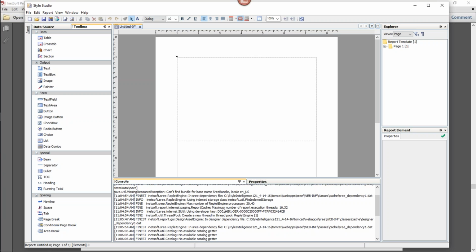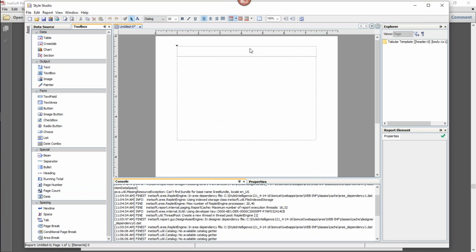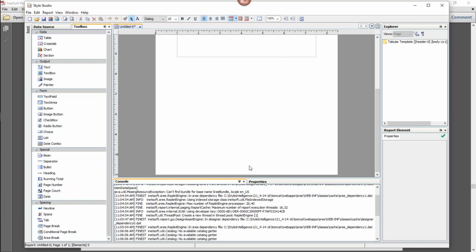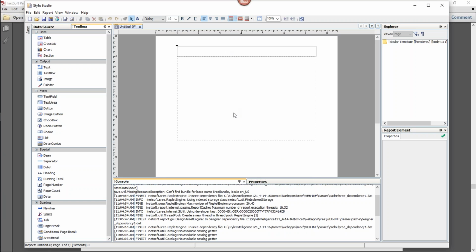In this simple example, I just want to first of all add a title to the top of the report page. And you can see up here there's a special region. This is a header region. Down at the bottom of the page there's a footer region. When I click on it you can see it gets outlined. In the event that you ever have trouble selecting those, there's also buttons at the top here that will select those regions. So for example, this button here selects the header region.